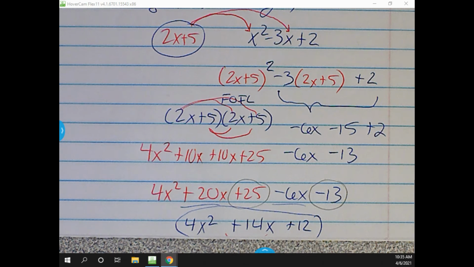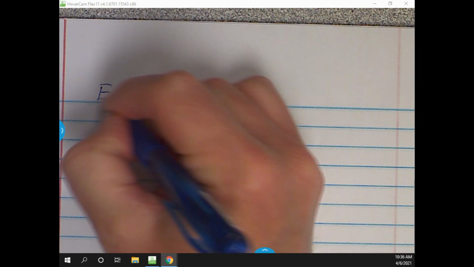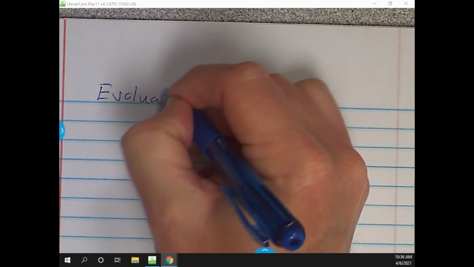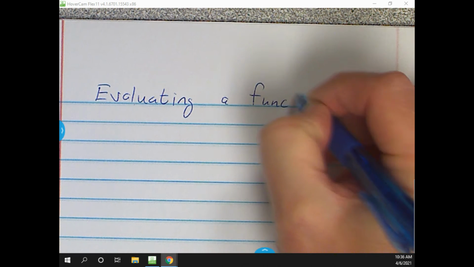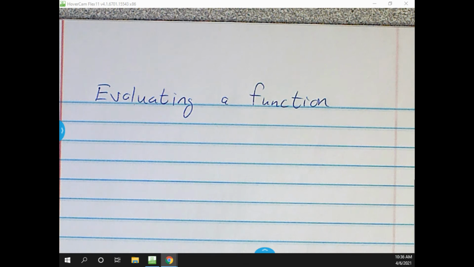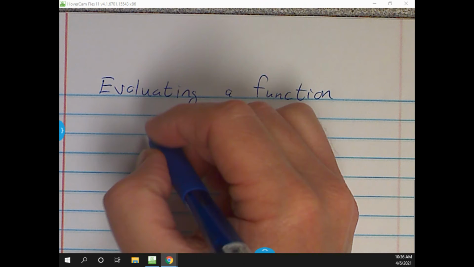The second part of composition of functions is where you actually have numbers to plug in. And let me back up for a second, because I don't know that we had done this. Y'all check with me and remind me: did we talk about evaluating a function? Does that ring a bell? Anything at all? If you had, let's just make up something here for a minute,